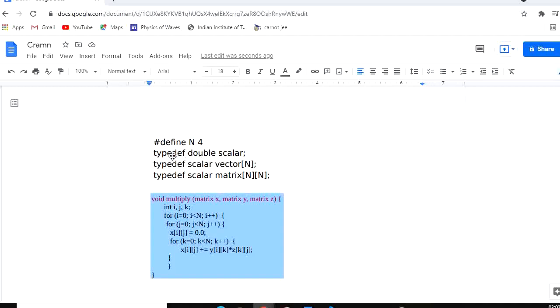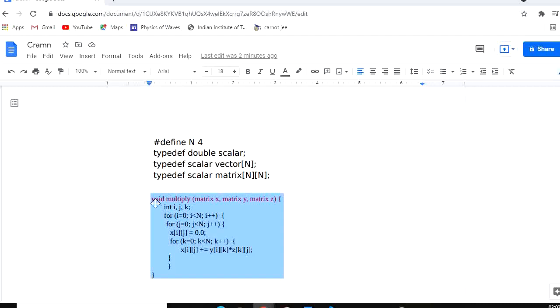So typedef double scalar means that now instead of using the data type double, we can use the data type scalar, and there would be no difference at all. Then we typedef scalar to vector[N] and typedef scalar to matrix[N][N]. So a scalar of N cross N can now be referred to as just matrix, and scalar means double. A two-dimensional array of double type can be referred to as a matrix after executing these statements.